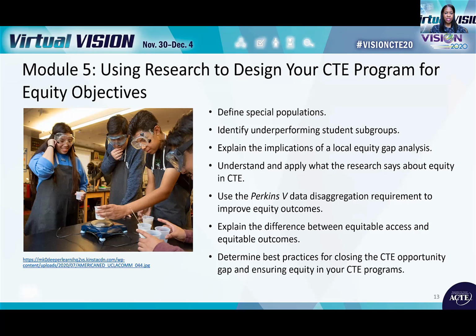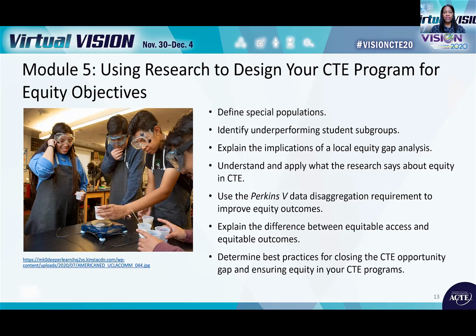The objectives for this module include defining special populations, identifying underperforming student subgroups, explaining the implications of a local equity gap analysis, understanding and applying what the research says about equity in CTE, using Perkins 5 data to disaggregate the requirements to improve equity outcomes,